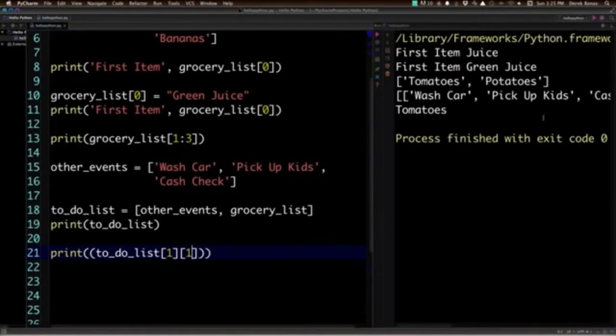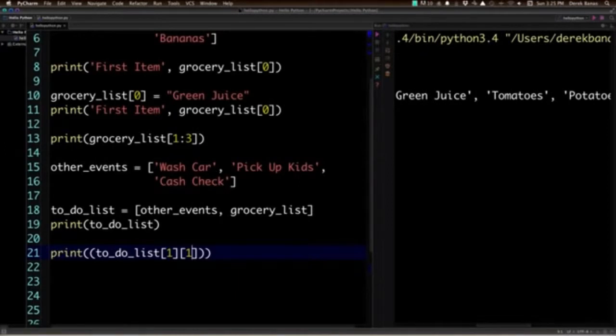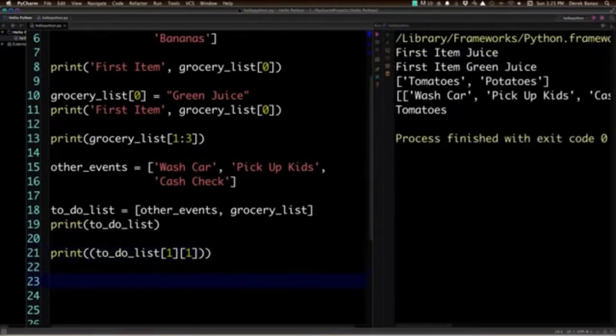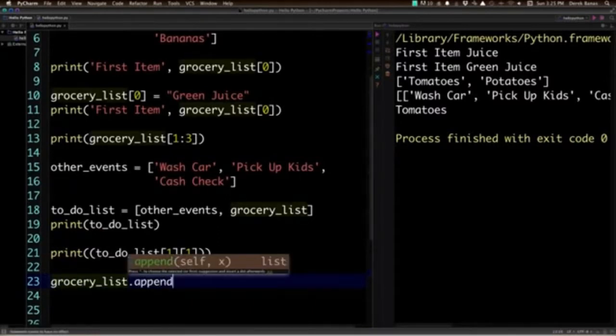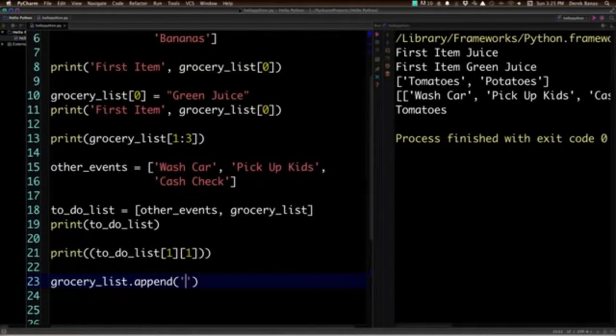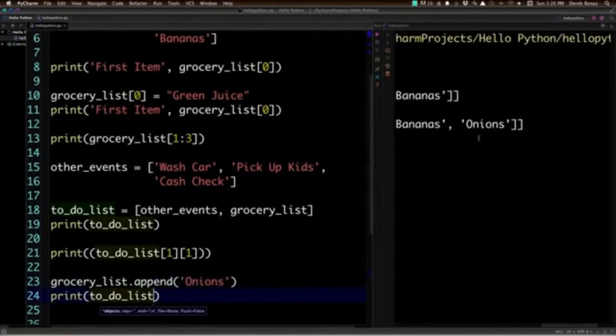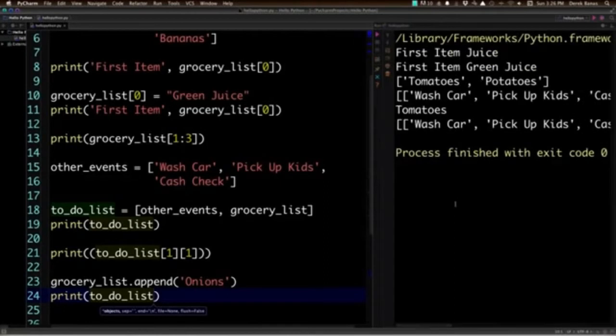And you can see it printed tomatoes. And if we look here, you can see tomatoes is the second item in the second list. We're also going to be able to come in here and append items. So let's say grocery list, and we just type in append, and let's just say we want onions inside of here, to-do list. And if we scroll down here, you're going to see onion shows up last,